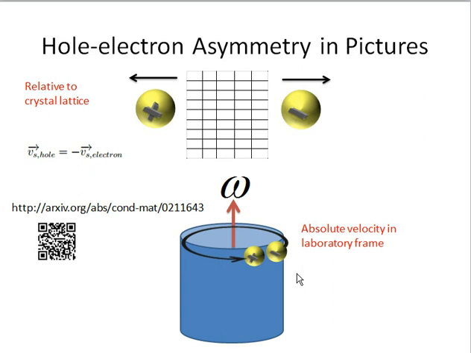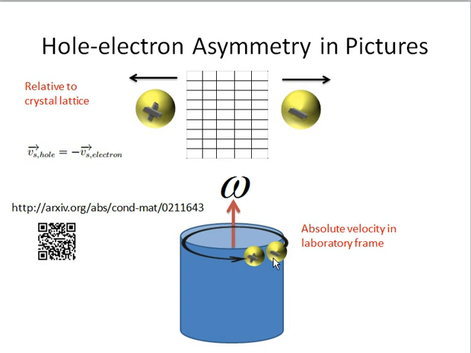And what happens in that experiment is they physically rotate a superconductor, so say our superconducting cylinder here, and a magnetic field is created that points up out of the superconductor if it's rotating in a counterclockwise direction. And that field points up because the charge carriers creating the magnetic field are electrons, or negative charge carriers. If the charge carriers were holes, they would be positive and the magnetic field would point in the